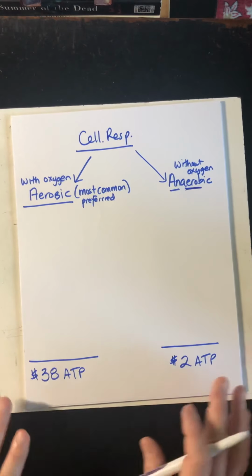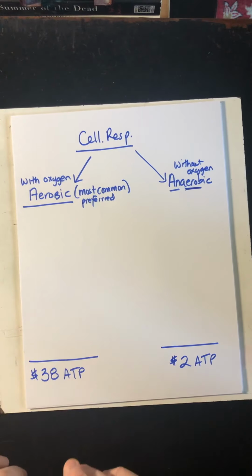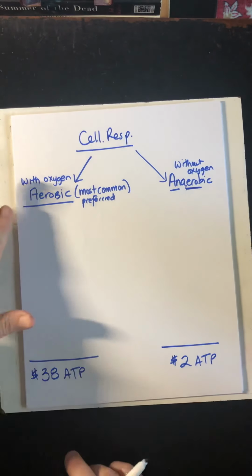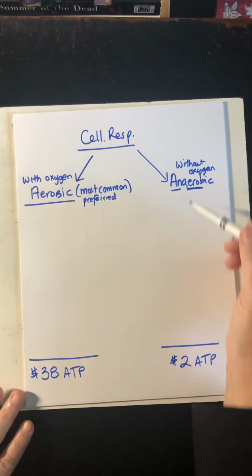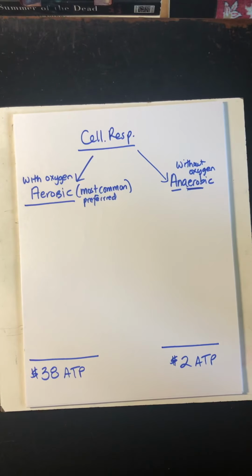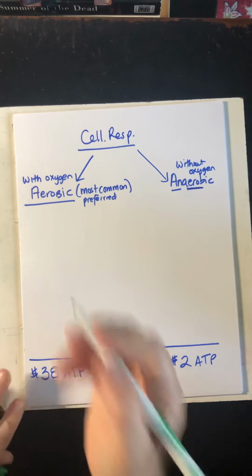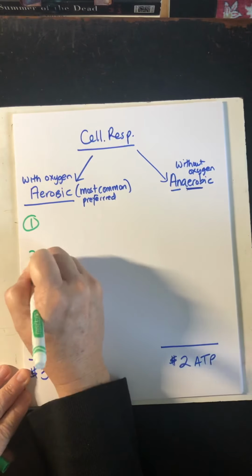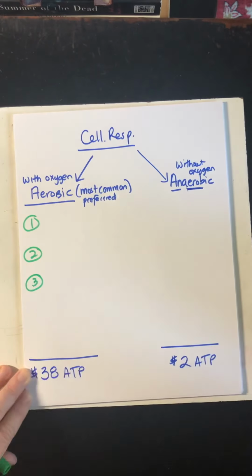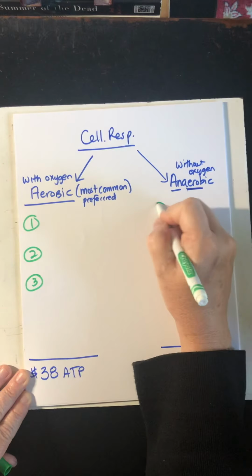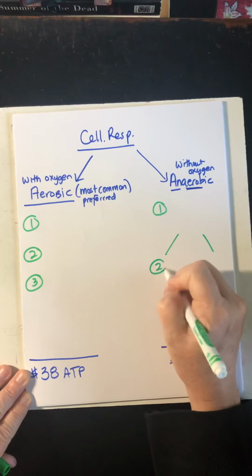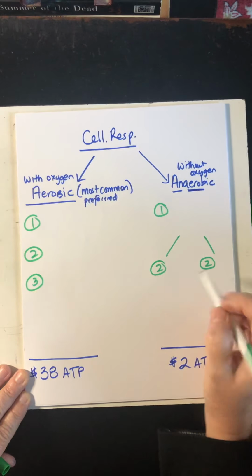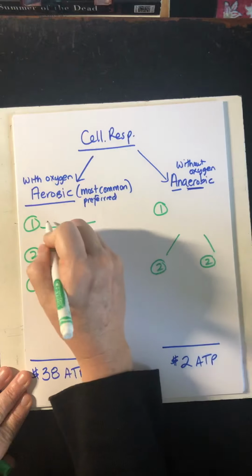So we're going to compare the two basically with their steps, and then I'm going to do another video where I talk specifically about what happens in aerobic, because that's the most important, and then I'll run down what anaerobic does, okay? Now, they both start with the same first step, okay? So aerobic has 3 steps, and anaerobic actually, okay, so they both start with something called glycolysis,